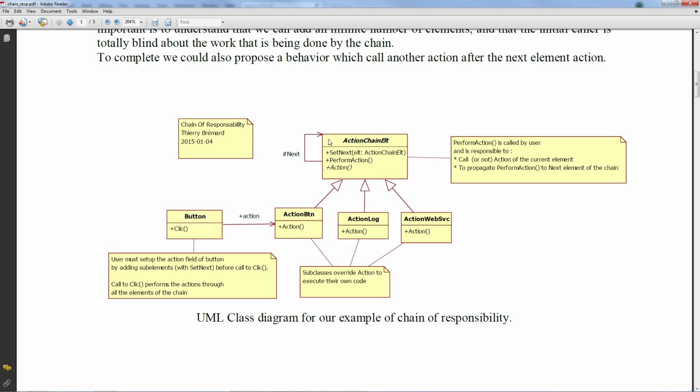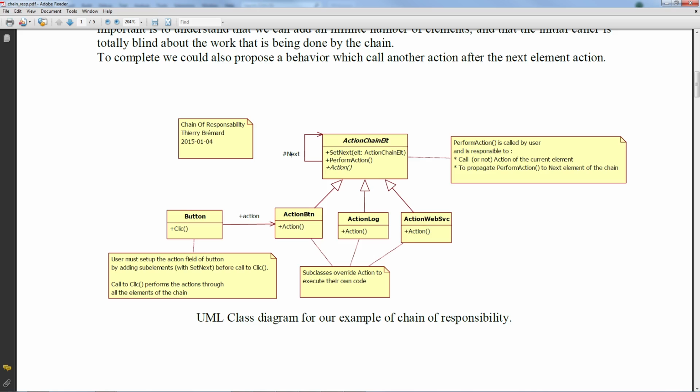We have a next field, which makes a loop back. This is an open arrow, so it means that there is a reference, and the field which holds the reference is called next. In this case, it is also a protected field.